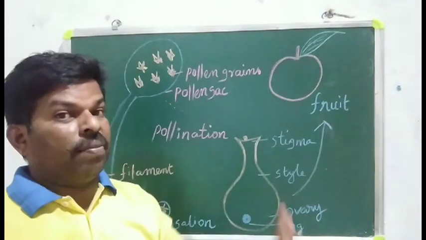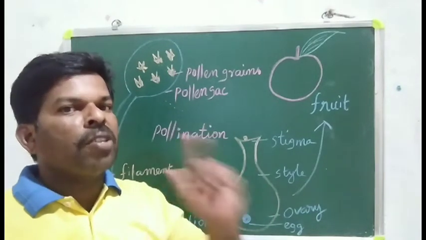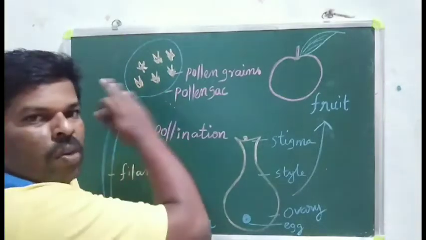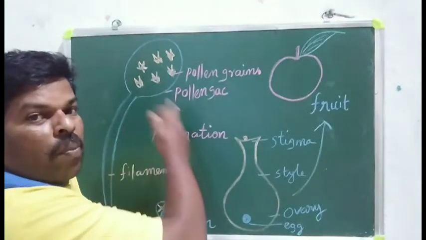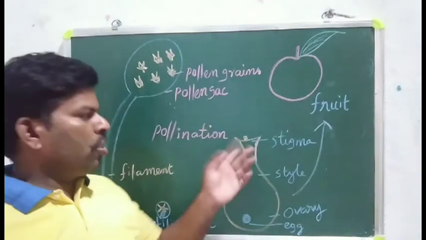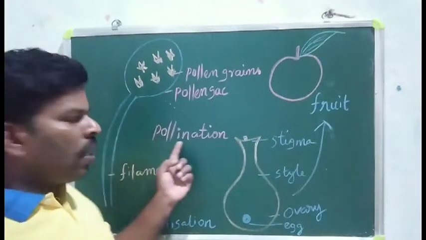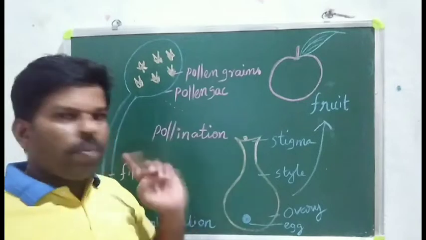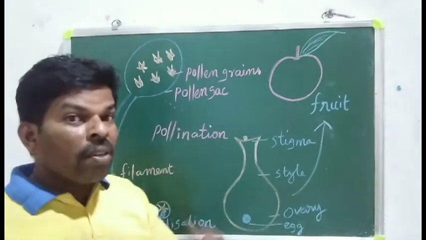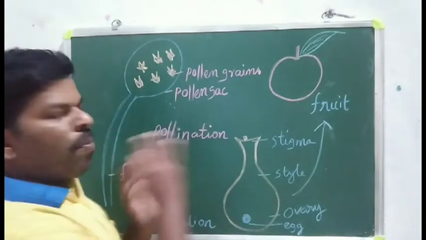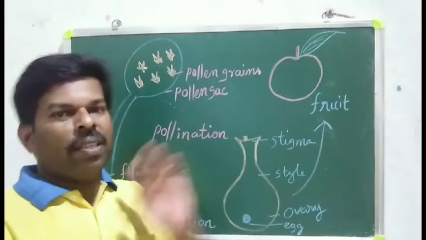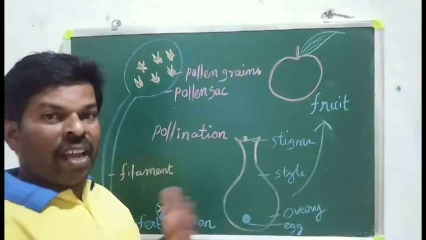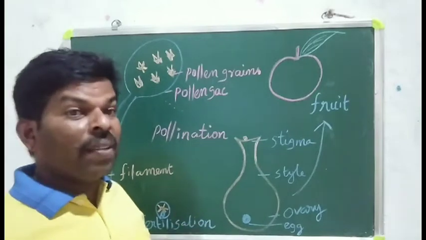Definitely you should understand, it is a very, very important point from the examination point of view. Okay. The movement is the transfer of the pollen grains from the pollen sac to the stigma. Reaching the stigma, the particular process is pollination. Is it clear? Pollination. 2 more questions. Very, very important. Any doubt? Again I am telling.